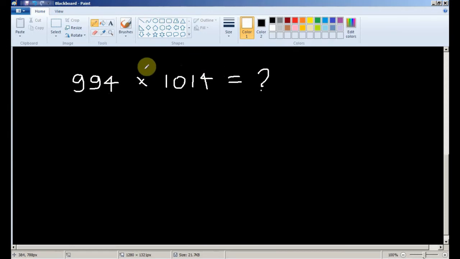Here the things are not easy, because one of the numbers is less than the base, and the other one is greater than the base. So with this, the operation will change a little bit. The way of multiplication will change in a different manner. A little difference will be there. So first you write down the numbers as usual.